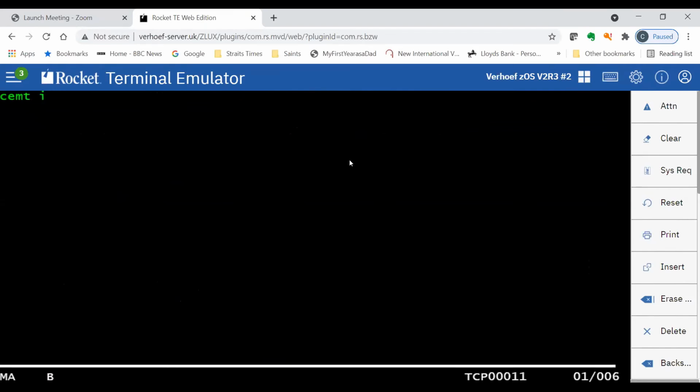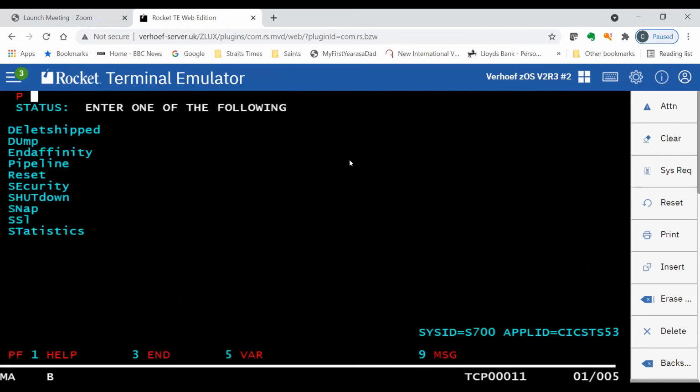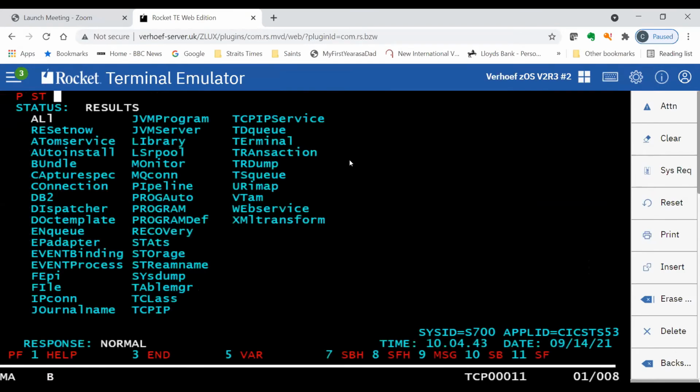So if I do a perform here, we're familiar with perform because we shut it down. If I do an ST, it will send all the statistics, because that's the default. These are all the statistics that it will send to SMF, and of course, you can report on any of these.